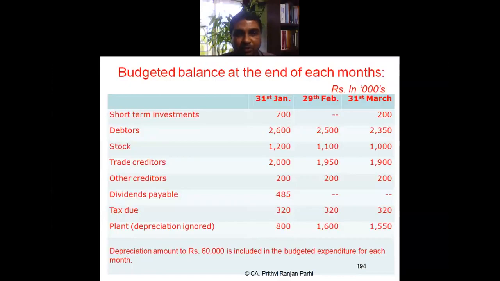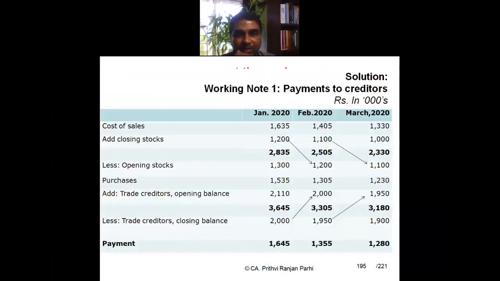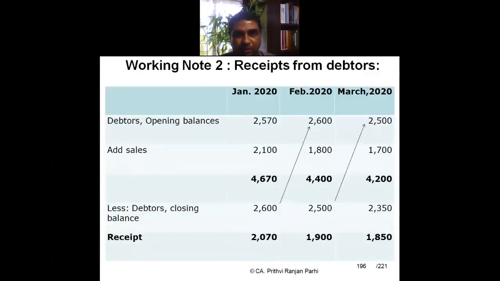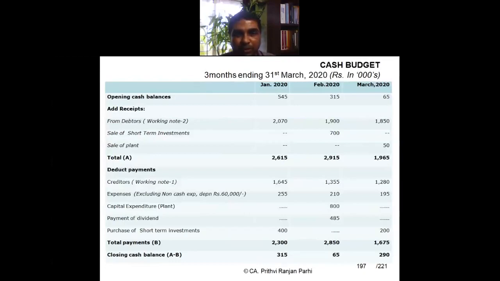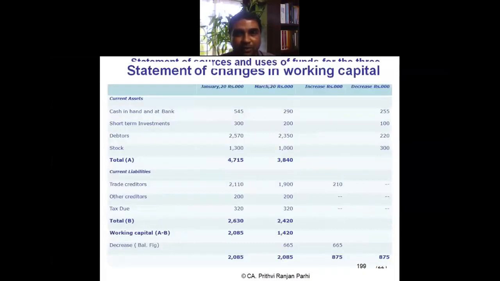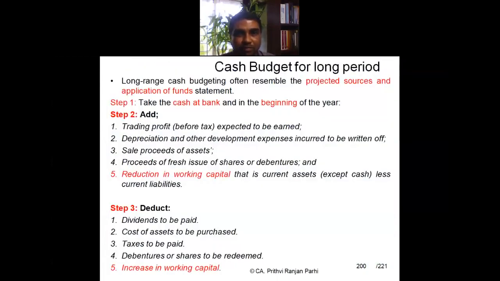Again, question continues. Then solution starts. I trust you will be able to understand the solution. Once you read the question, you will be able to solve it. I am skipping it purposefully so that you can do it later on. This question can be solved. Now coming to the other part, cash budget for long period. Short period cash budget